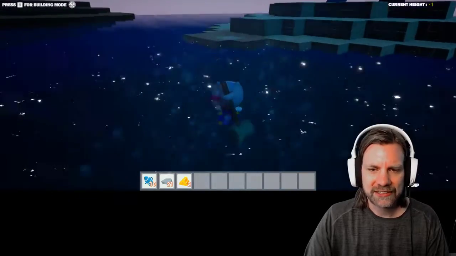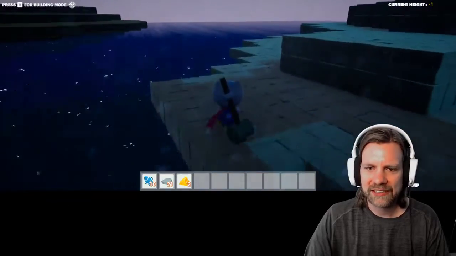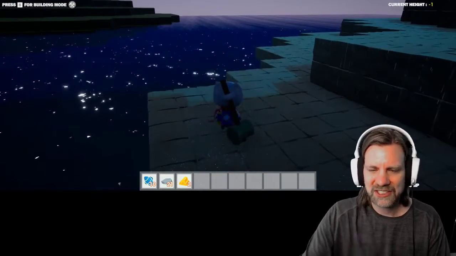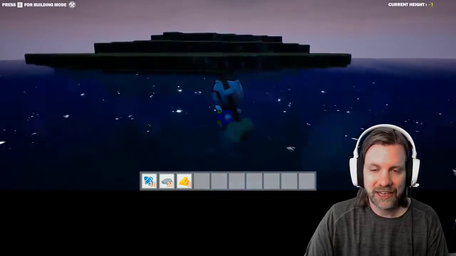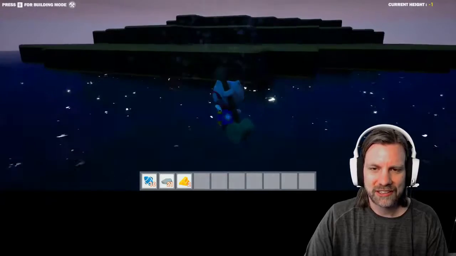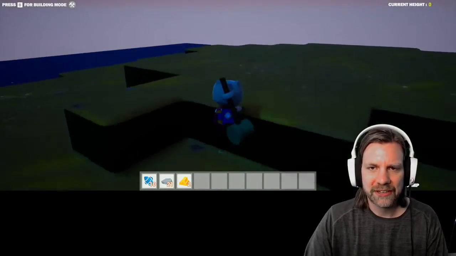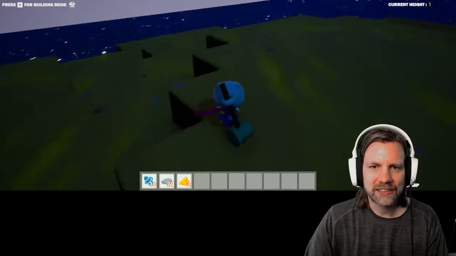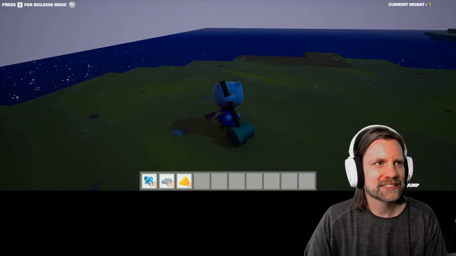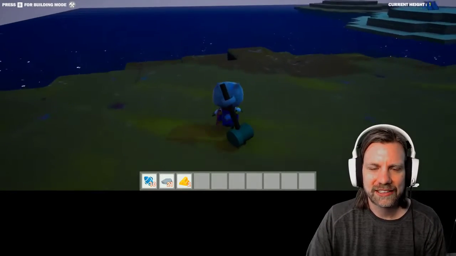If that makes sense. So I can see that there is a big spot in the UI that shows that. So I'm thinking, okay, my job is to collect things. My job as a player. But it doesn't seem clear to me why. So I'm starting to look around and I see, oh, press B for building mode, current height. So